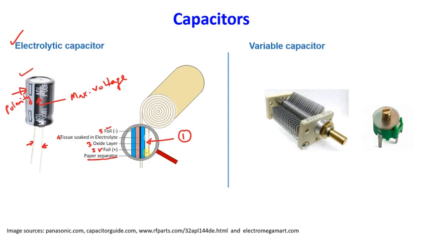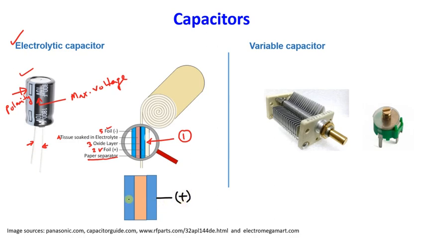So let us further illustrate it by taking one schematic diagram. As shown here, the blue color indicates the aluminum foil, with which one side positive bias is connected and the other side negative bias is connected. The same thing is also shown in the above diagram. And what is this brown color? This brown color is the tissue soaked in electrolyte. Due to the application of this bias and presence of electrolyte, one oxide layer will form close to this anode surface. Let us show that.